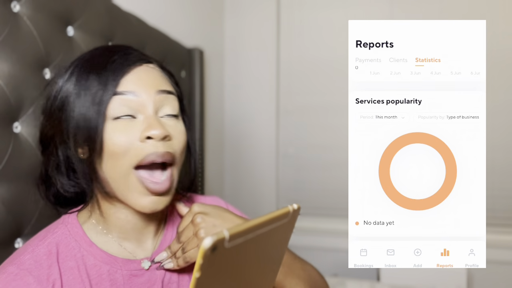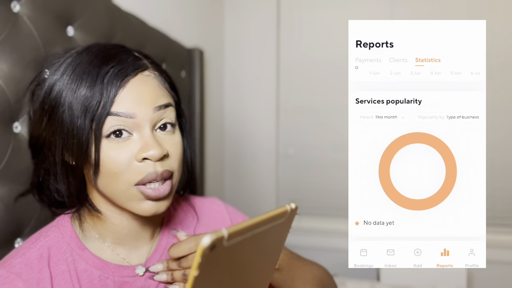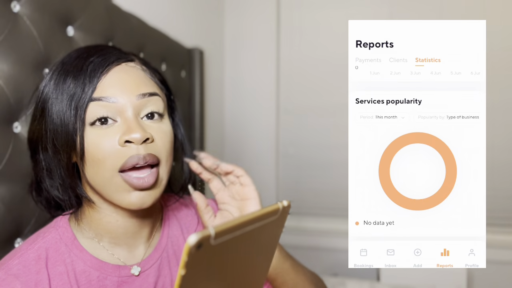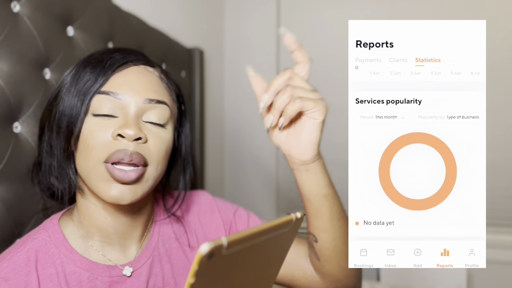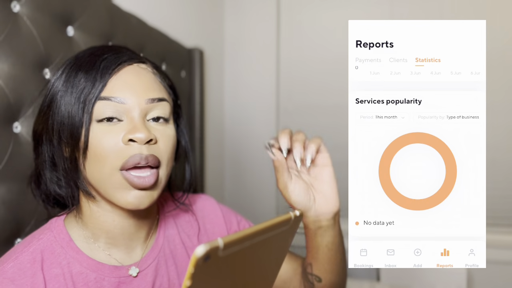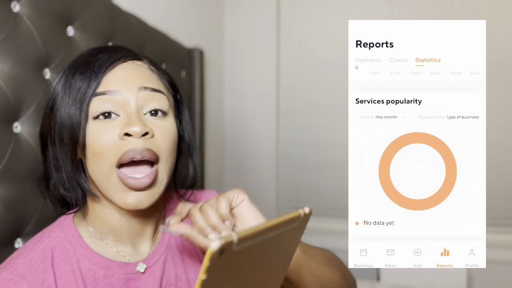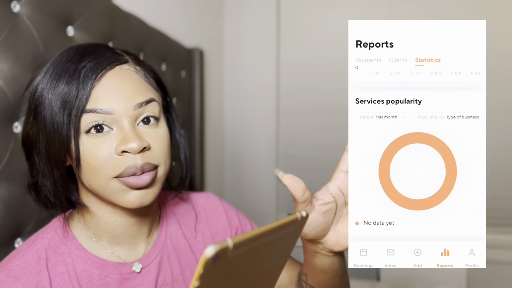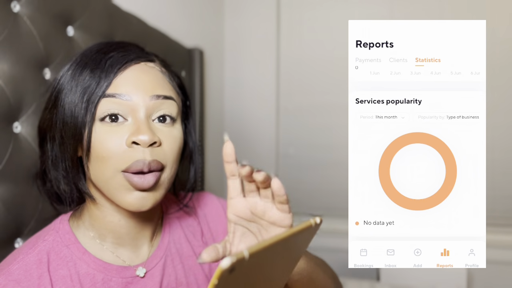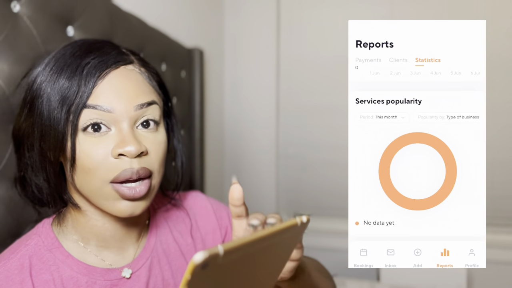I have no idea when I'm using Acuity how many people have come to that app. The only way I knew how many people were coming was when I put it in my link tree, and my link tree showed me how many clicks I was getting on each one. I, to this day, do not know how many people have viewed my Acuity site. So that is definitely a pro from using Readyhubb.